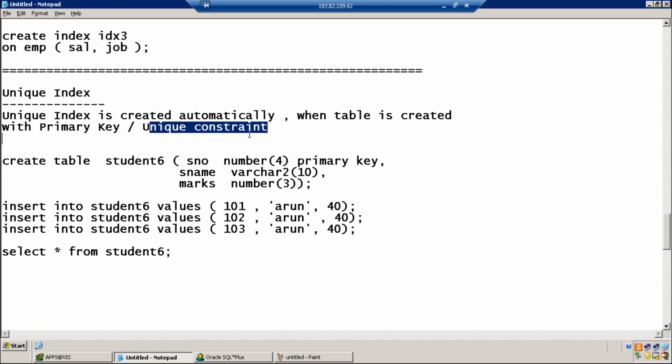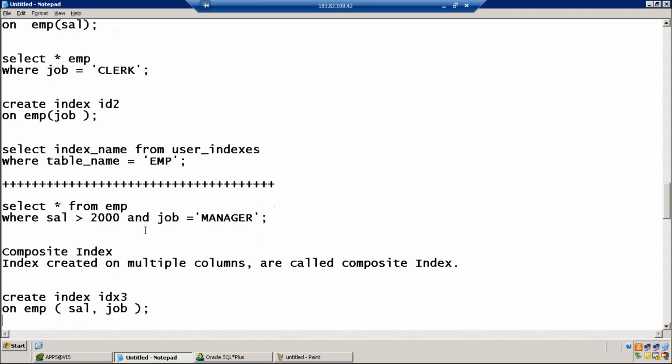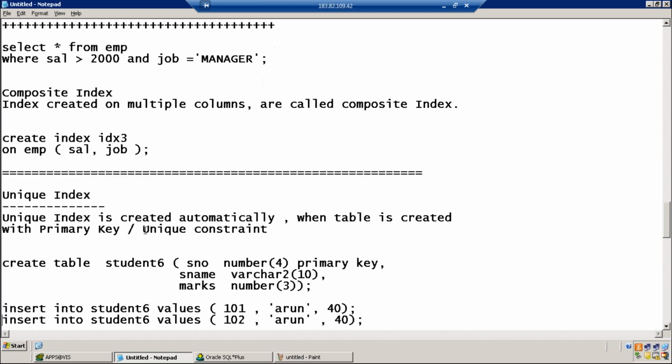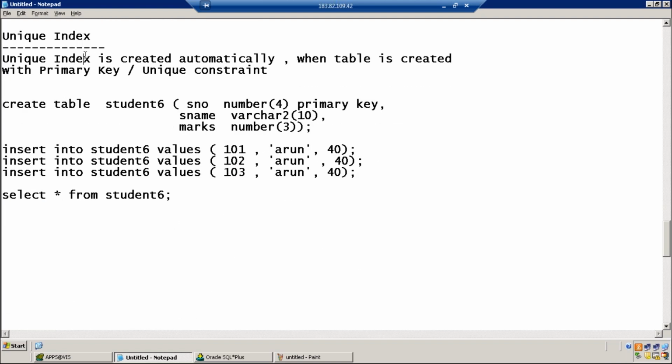So in our previous examples also, this unique index was there already. In the previous example, in the employee table, there was no primary key. Wherever we have defined a constraint, there it was already. Not for check constraint or not null constraint, only for primary key constraint or unique constraint. There are 5 types of constraints. Foreign key is also there, check constraint is also there, not null is also there. For those constraints, an index is not created. Index is created only for primary key or unique. Those kind of indexes are called unique index.